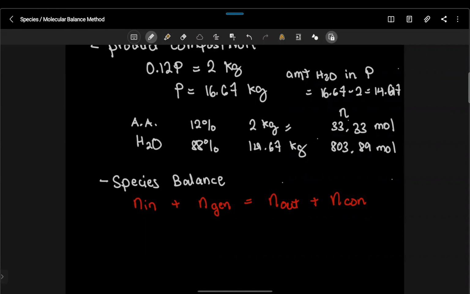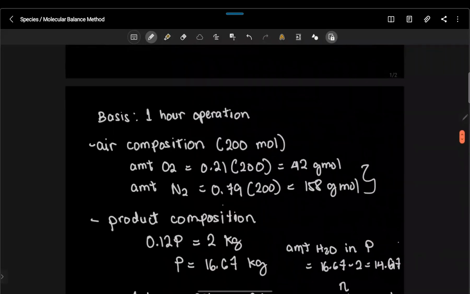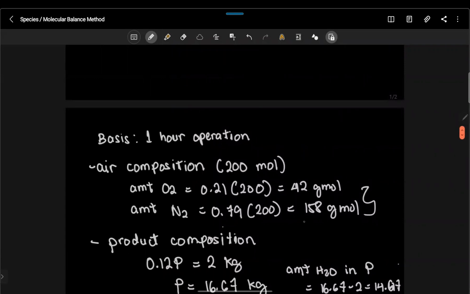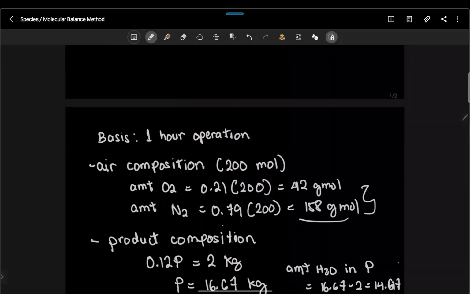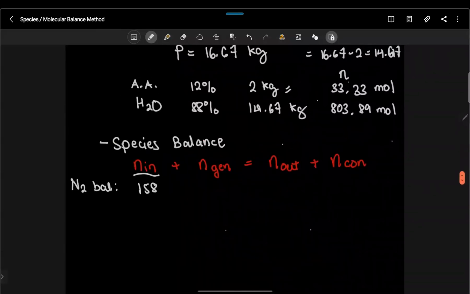So let's write it this way. So nitrogen balance. Okay? So kaya species or molecular balance tawag niya kasi yung balance na ginagawa mo per molecule, hindi siya per atom. Okay, so ilan ba yung input natin na nitrogen? Okay, so start tayo sa moles input. Well, ang nilagay natin na nitrogen is 158 moles. Tama ba? 158 moles. Kung babalikan lang natin saglit yung ating air composition, ito siya, yung 158 moles na pinasok natin dun sa fermentor. Okay? Plus moles